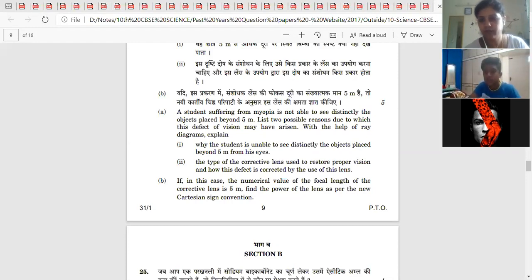Ma'am, in the last paper there was a 12th question: explain how urine is formed. Yes, you have to explain fully, starting from the glomerulus. The renal artery brings the blood along with the waste materials and other substances into the glomerulus. Through the glomerulus, they are filtered out into the Bowman's capsule.